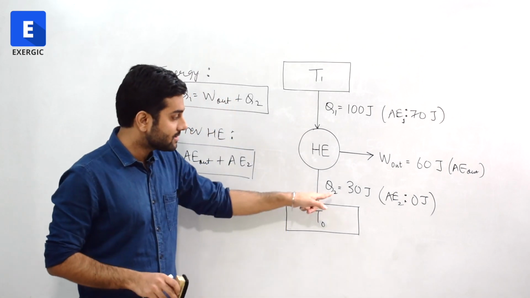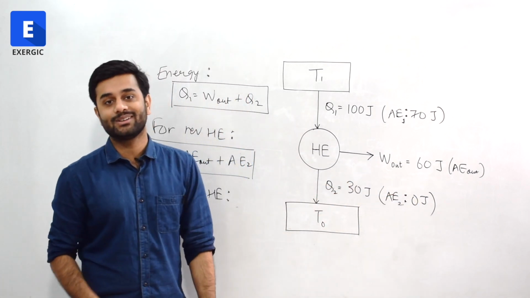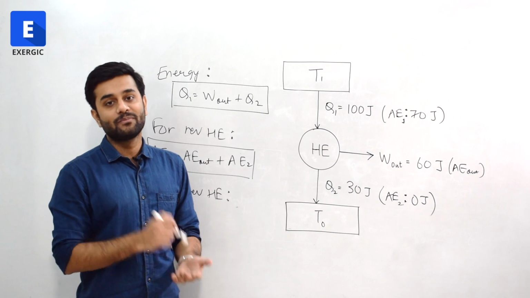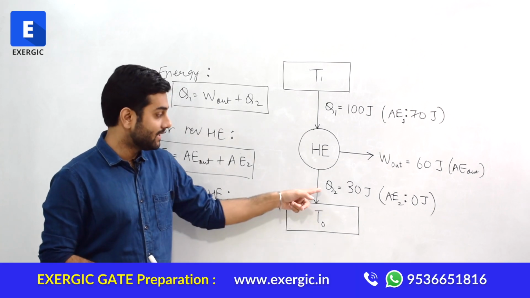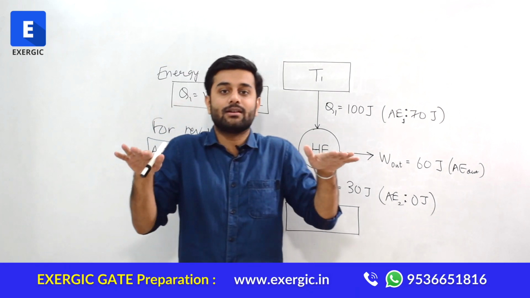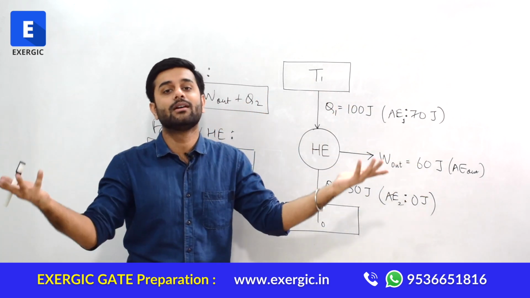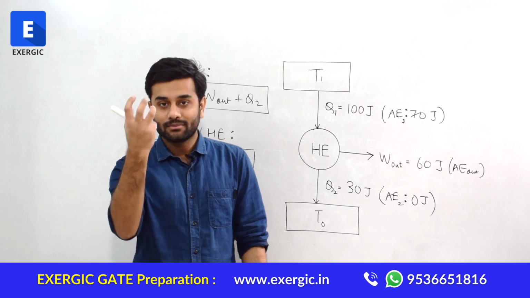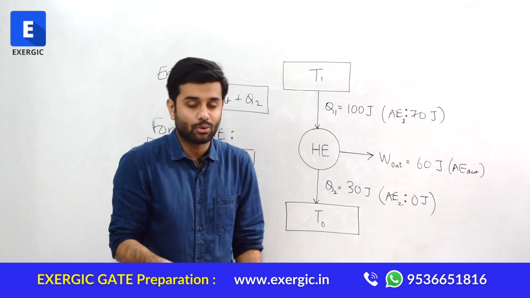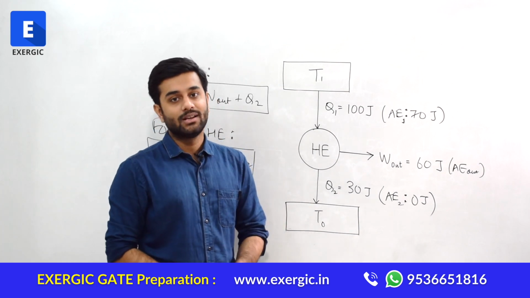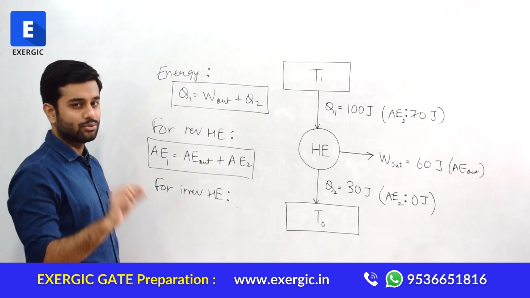Interestingly, this also will have 0 available energy. Why? I have told you that this heat which is available at minimum temperature has 0 available energy. It is available already at the minimum temperature. How can you extract work from it by using an even lower temperature? Not possible. Now in this case, if I try to do the mathematics,